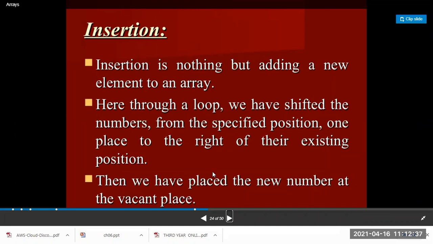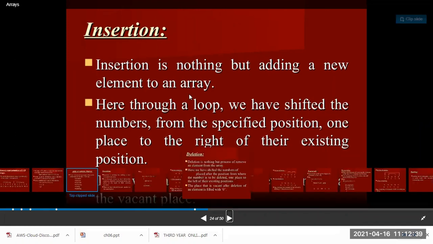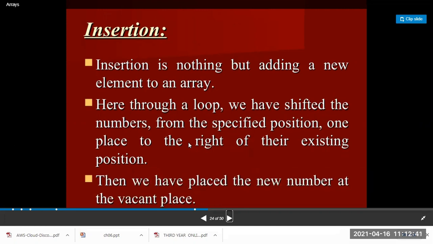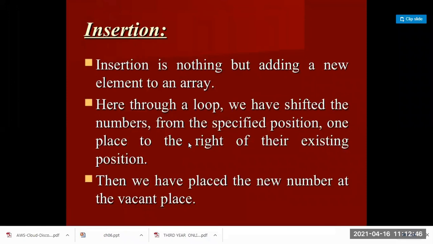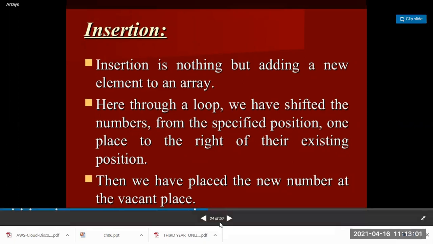For example, we just move from one position to another position. First of all, say the array size is 5, so the array index runs from 0 to 4. If we want to store an element at position 0, we store 5. Then we shift to the right side. The next element is A of 1, then move right side, and so on. So that is the insertion operation.